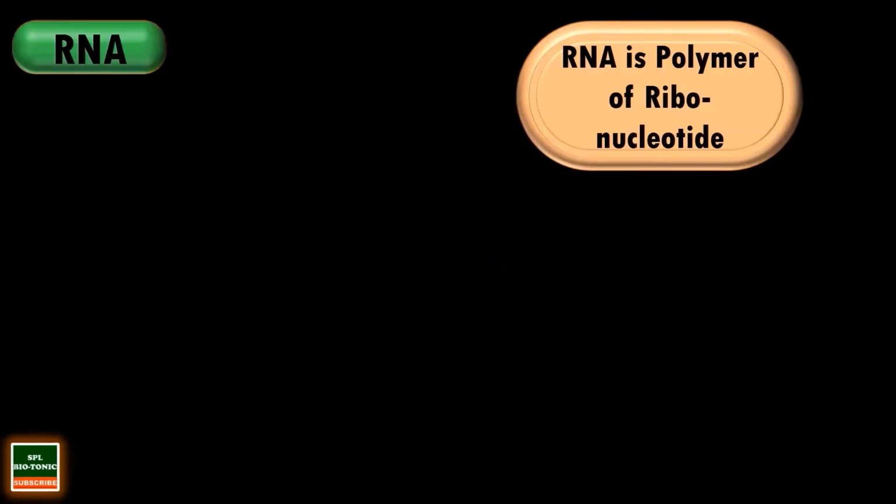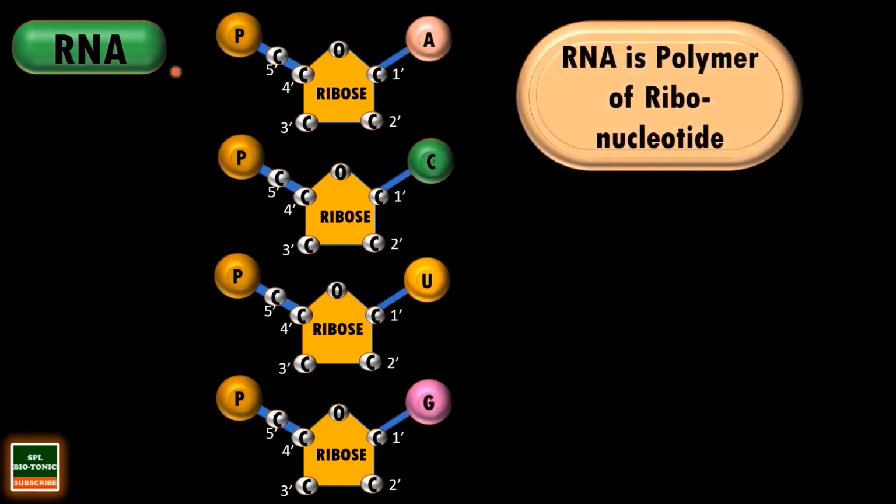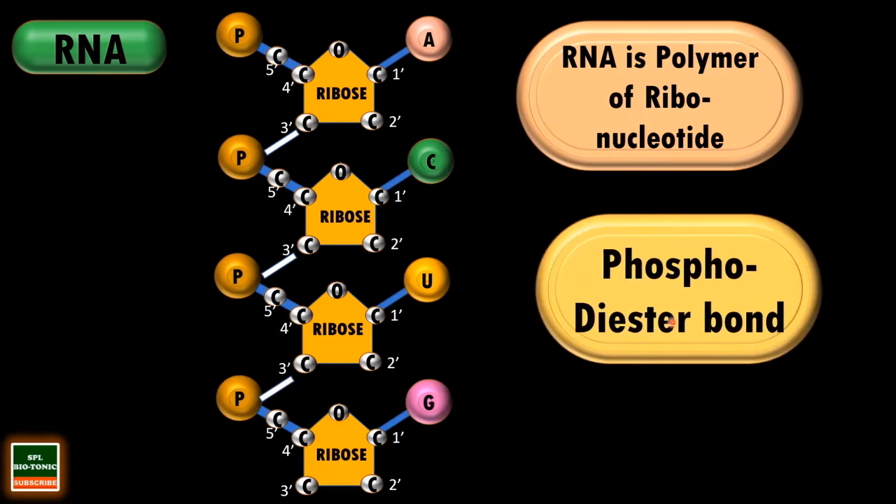Now students, this is the structure of RNA at the molecular level. As we know, RNA is a polymer of ribonucleotides. Now these are ribonucleotides which are kept one above another. These ribonucleotides are joined together by phosphodiester bonds. So this white line which you see is a phosphodiester bond between the first ribonucleotide and the second ribonucleotide. This is the second phosphodiester bond. This is the third phosphodiester bond. So two successive nucleotides are joined together by a phosphodiester bond, and this is the molecular structure of RNA.